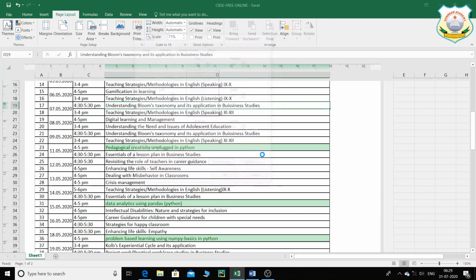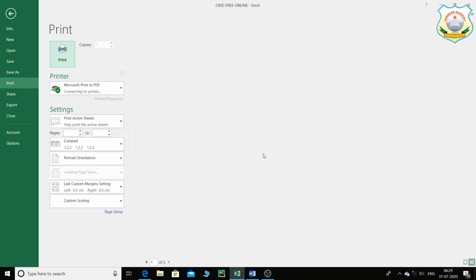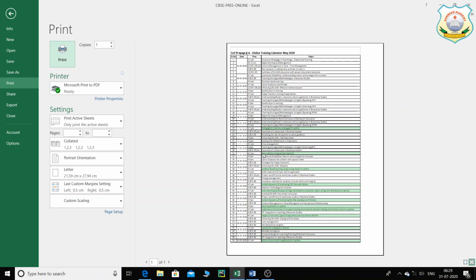Then I can always go to print preview and see how things are going to look straight away from here. So you can see that the margins have narrowed down a bit. In fact, it has narrowed down a lot, because I have just done the custom margin. So now that we are going to have the printout of this, the margin between the page and the actual content is going to be pretty less. It depends on the requirement.